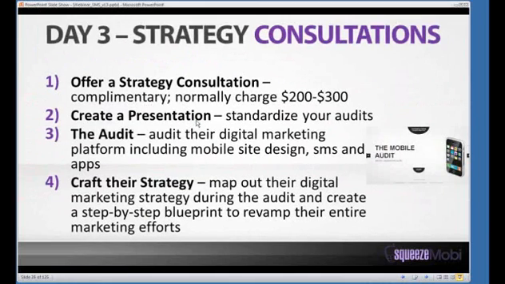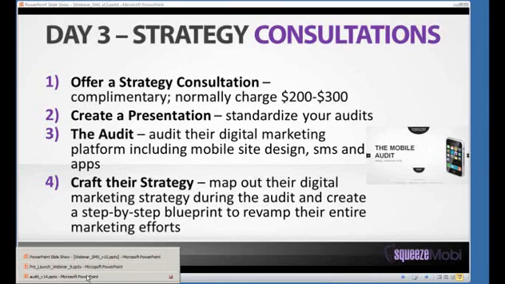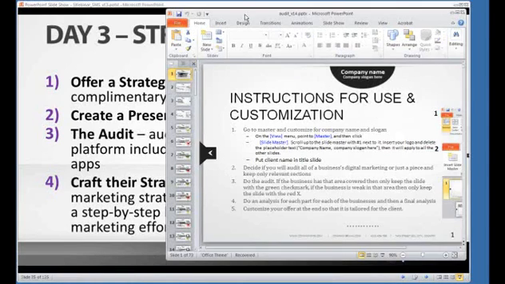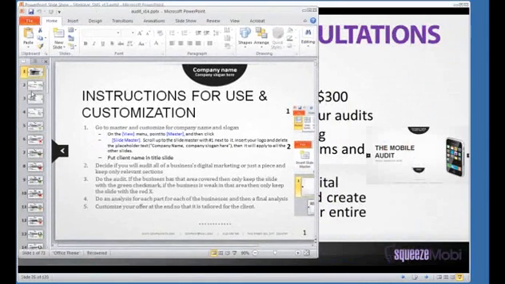So what goes on there? How do you then progress? How do you frame this? You want to frame it as offering a strategy consultation session that is complimentary. All right? In that email, that's how I frame it. Why? You want to make sure you let them know that you normally charge $200 to $300 for your entire digital marketing audit. And honestly, you could be even charging more than that because, for example, our audit